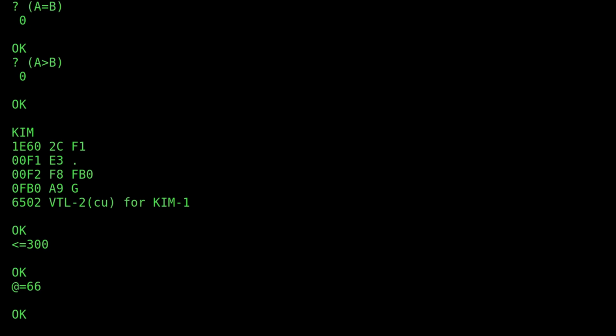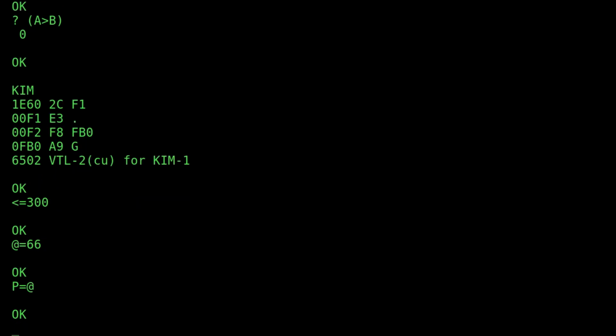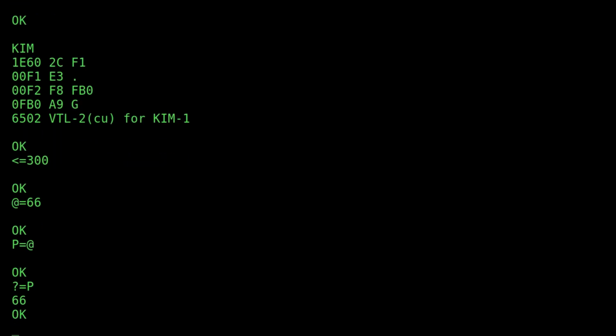And if we want to read that value back in, because our pointer is still pointing to 300 decimal, we can go P equals, or any variable would be fine, P equals @. OK, and let's print P. 66. And to show that it's not in the variable space, I'm going to break out of VTL-2C right now,